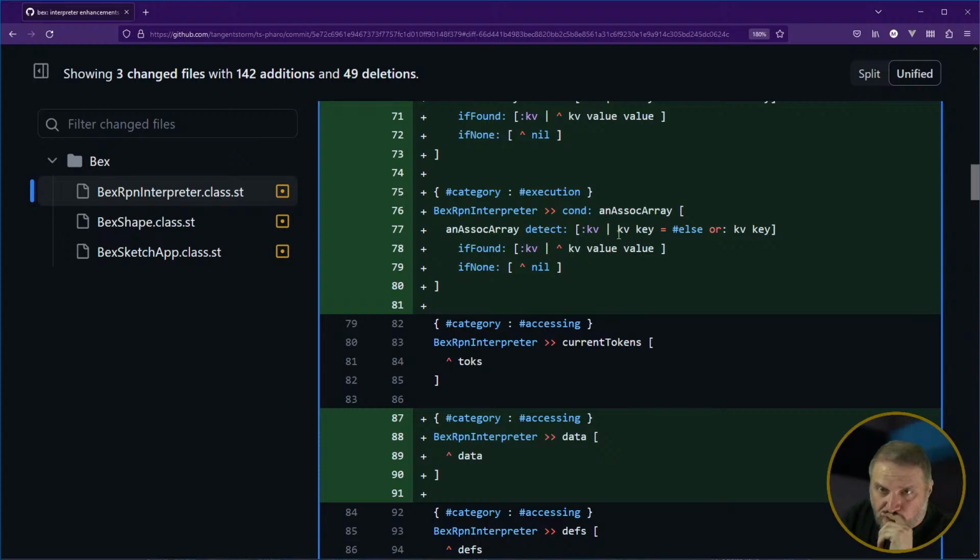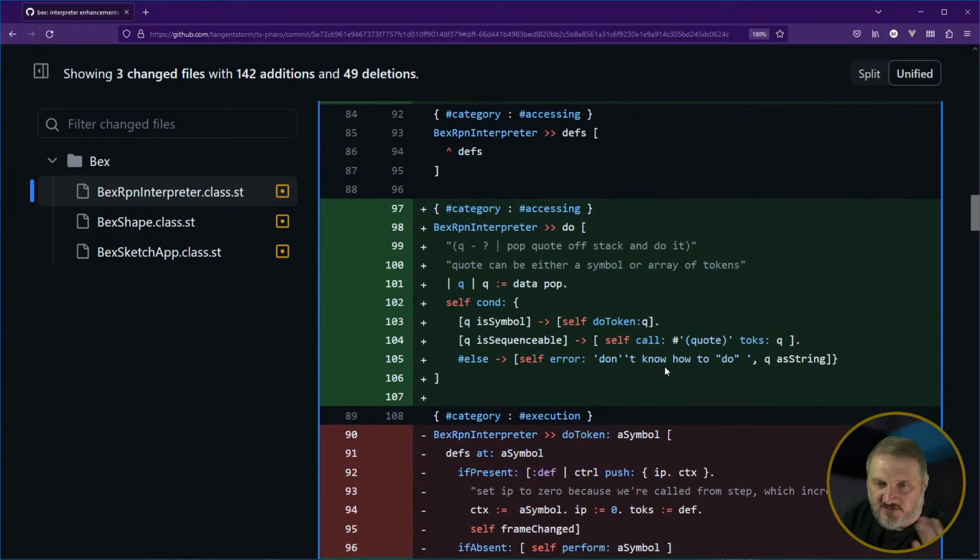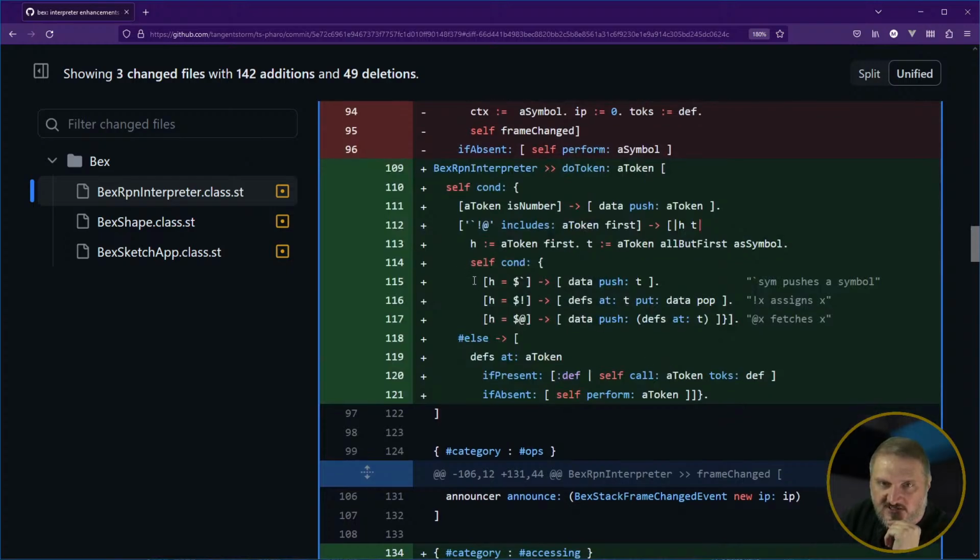So what this is doing is, it takes an array of associations, and there's a syntax in Smalltalk for associations. Here's an example. We're saying self cond, and then test if h is equal to the backtick character, and if so,